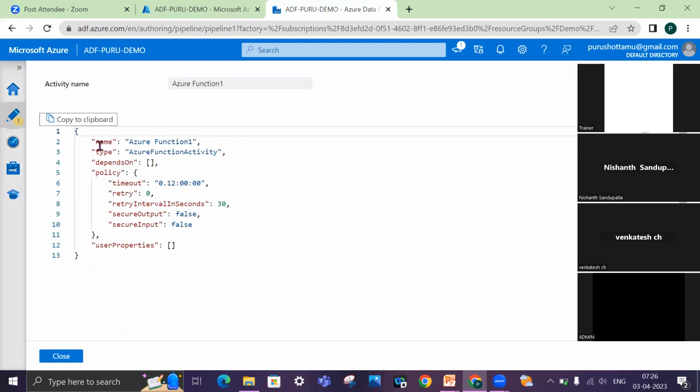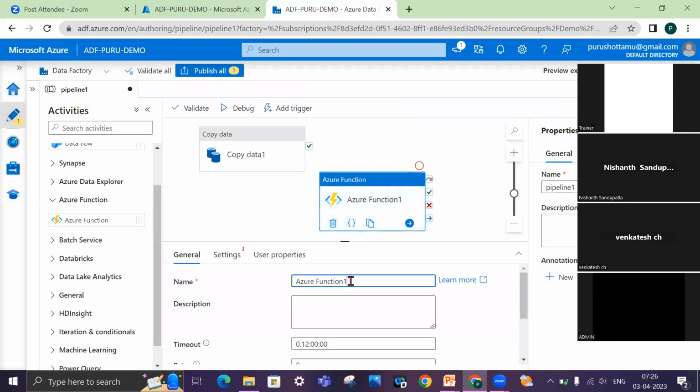So you need not write what is name and all. You need not write everything, name, type, depends, everything. The template is already available. You just provide the value. That's it. Just drag it and provide the value. For example, if I give you,